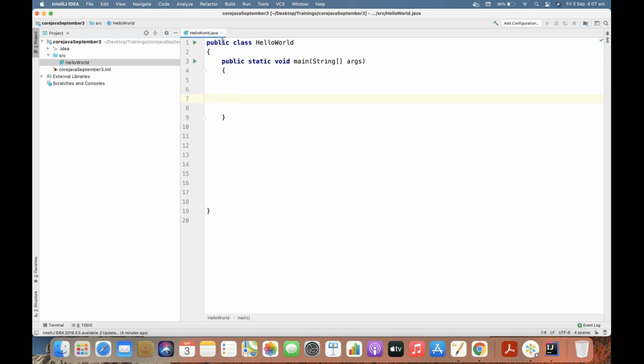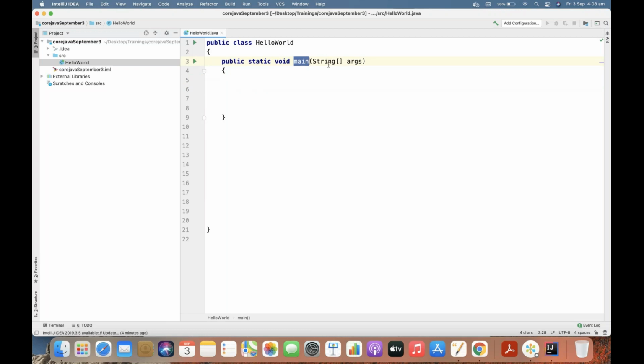There will be only one main method. You can create as many user defined methods as you want. Anyway, we will have a dedicated session for methods. But here again, public is an access modifier, static is a keyword. There is even a dedicated topic for understanding the static keyword. So at a high level, static is a keyword again. Void is the return type of the method. Main is the name of the method.